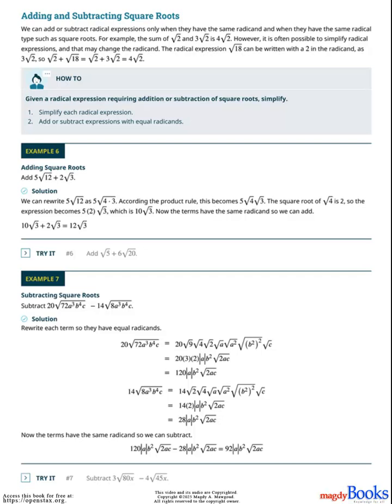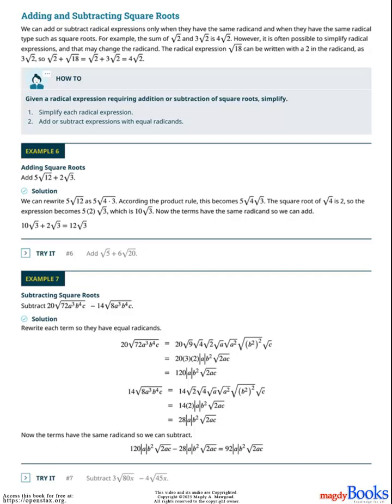Example 7. Subtracting square roots. Subtract 20 square root of 72a cubed b to the power of 4 c minus 14 square root of 8a cubed b to the power of 4 c. Solution. Rewrite each term so they have equal radicands. 20 square root of 72a